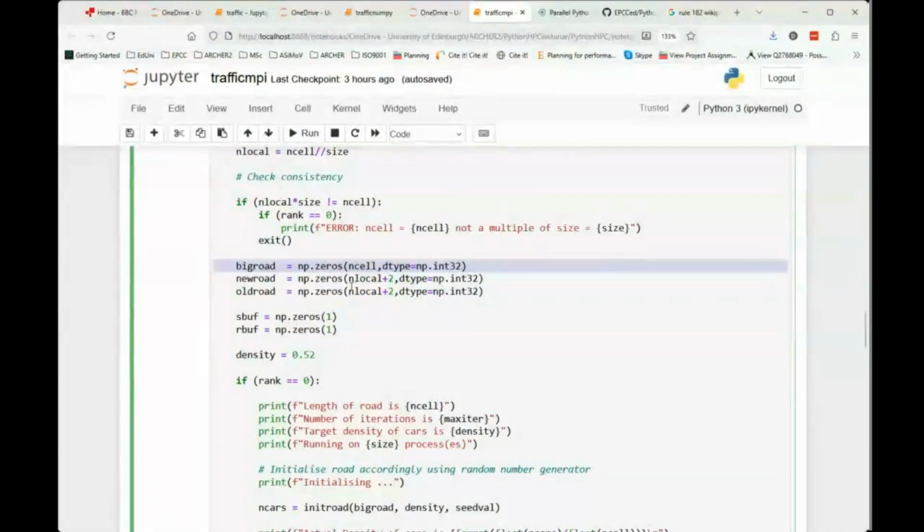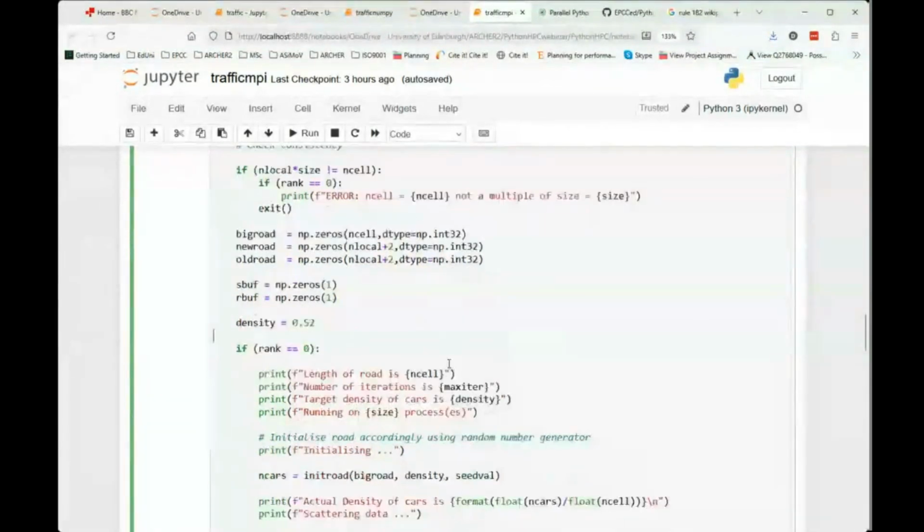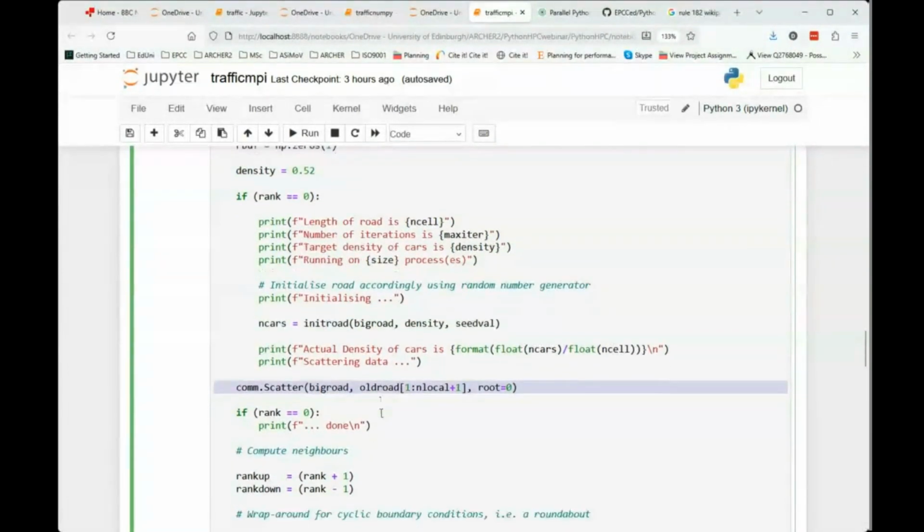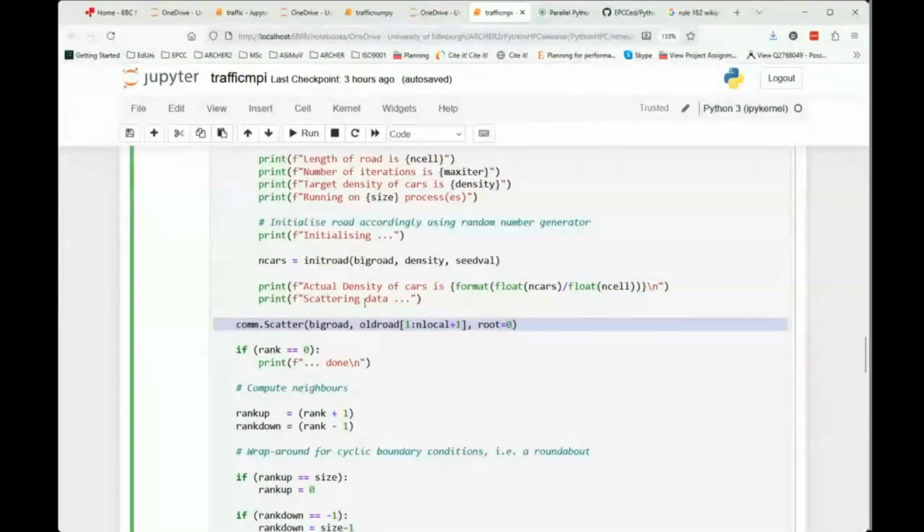So there's a bit of technicality there, but the main point is that your new road and your old road are n local plus 2, not n plus 2. They're smaller. Now the init road is the same. To make the code consistent, I initialize the road in serial. It's very hard to get reproducible random numbers in parallel, so I'm reproducing serial, and I then have this function called scatter. This says scatter the big road I've initialized here to all the other processes. Again, this is the standard MPI function, but wrapped up in